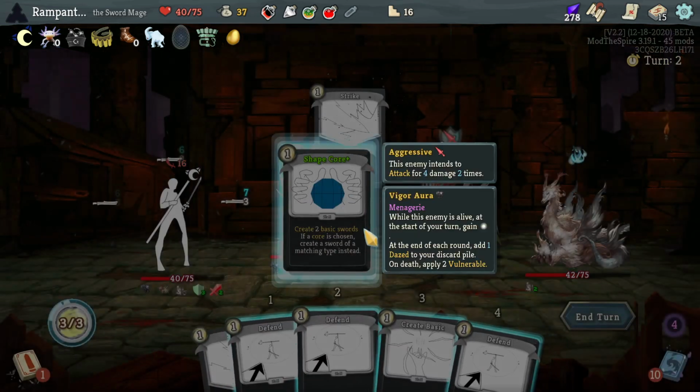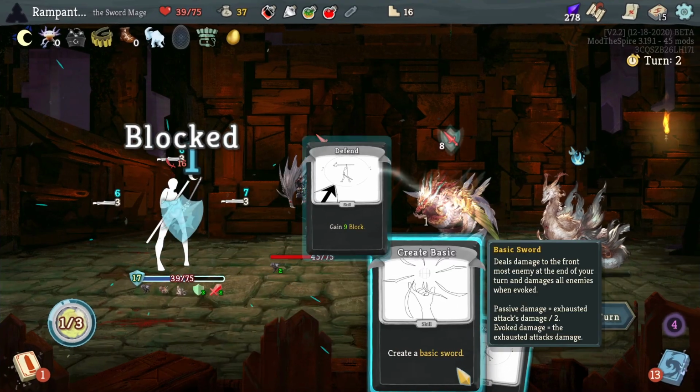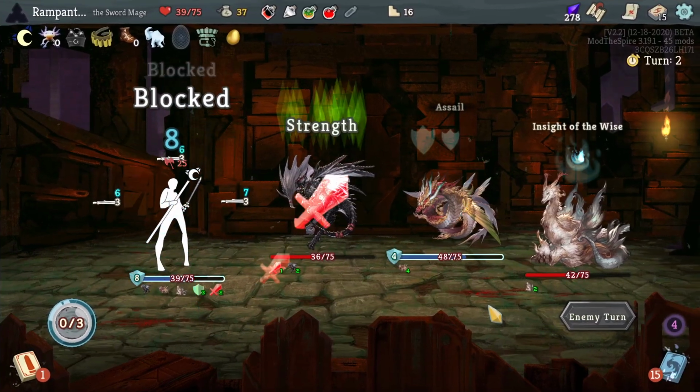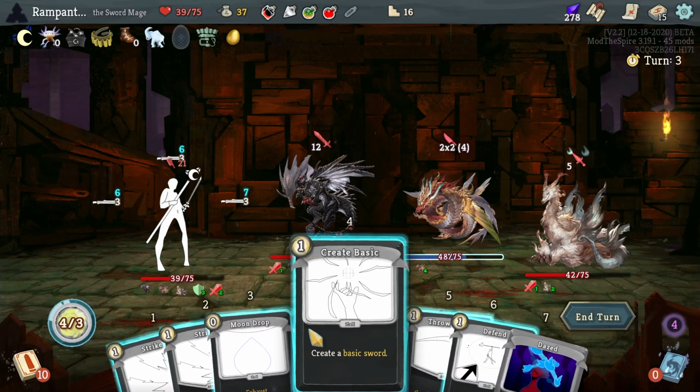Let's actually absorb one of those. Did I pick 2? I think I did. Stop it. Stop it. Stop doing damage to me. I mean, in theory, we're kind of fine. Daisies should be fine as well. We're drawing extra cards, so...